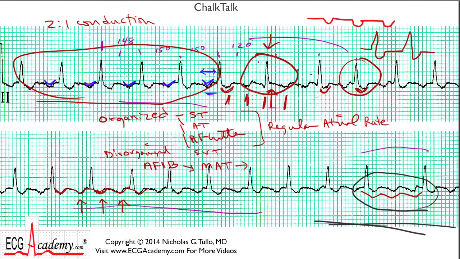I mean, anyone with experience on a telemetry unit or anyone used to looking at ECGs would recognize this right away as atrial flutter. But some of the beginning students would have a little bit of a hard time, and what I'm trying to do is get you to start looking at these little subtle details